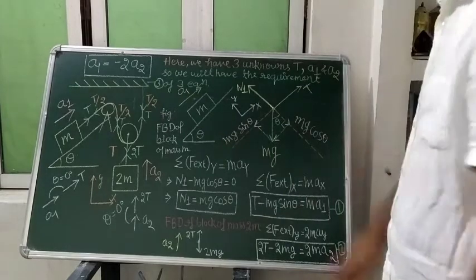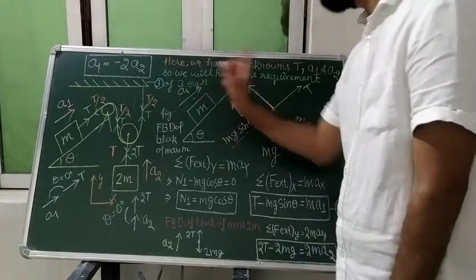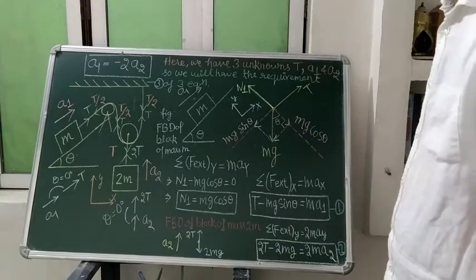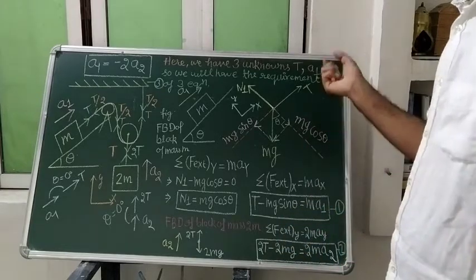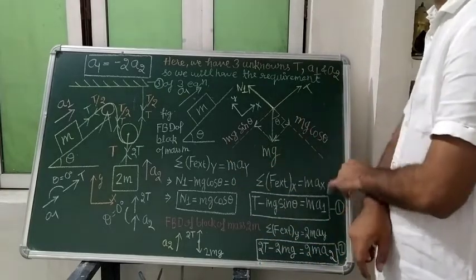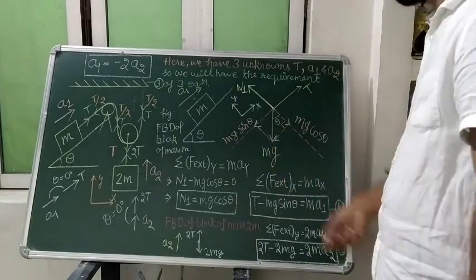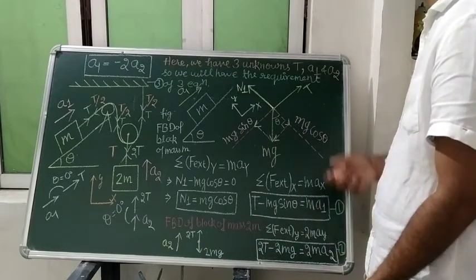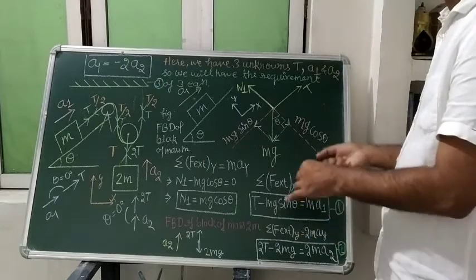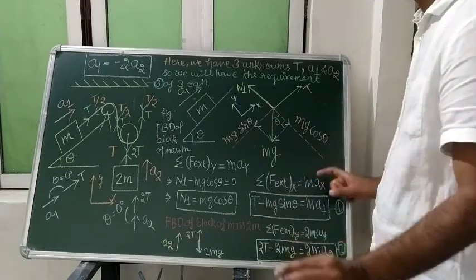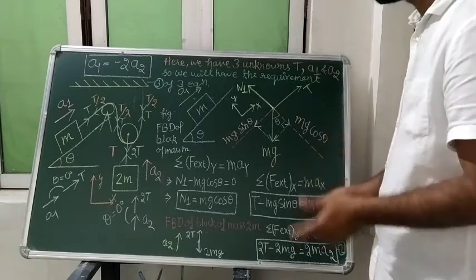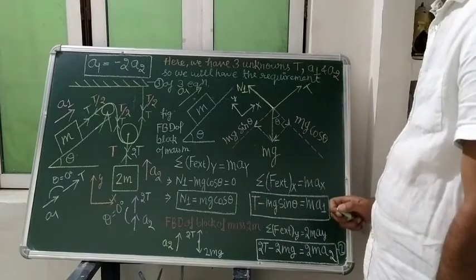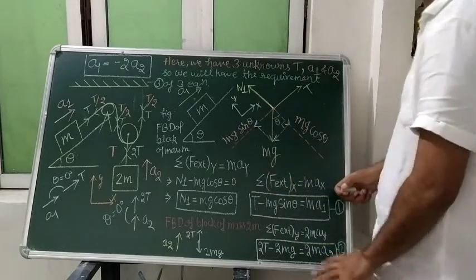So what is the use of that short trick? Since we need one more equation, we will apply the traditional method and find the relation between the accelerations as well. Then only we can solve. I am not solving it. I can solve it as well, but till now I have not assumed any numbers. Why have I not assumed? So that the things should come to your mind. That is why I am making you practice like this.